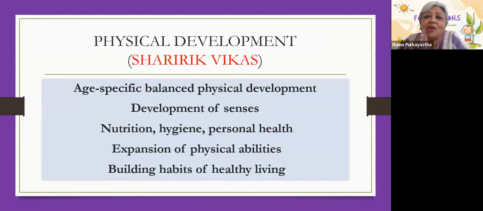Okay. So when we talk about the physical development, which is Sharirik Vikas, we are looking at age-specific balanced development. We are developing our balance as required at that particular age. When a little child, at what age does the child crawl? At what age does the child stand? Takes a few steps, starts walking properly, starts walking without support, finally comes to school. So age-specific balanced physical development. At the same time, all the senses are developing. We're looking at nutrition, hygiene, personal health,